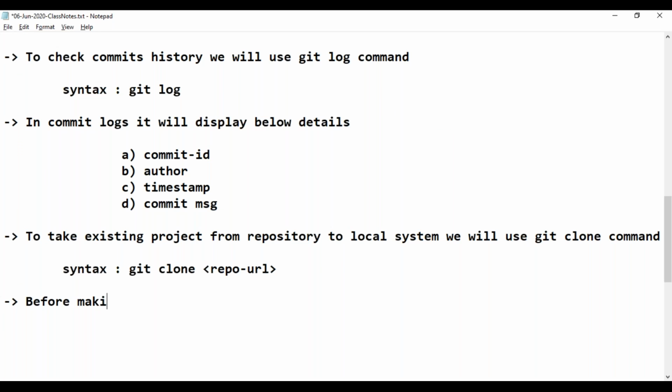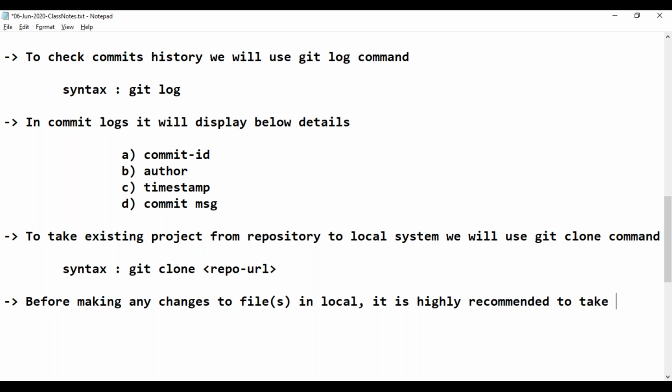Before making any changes to files in local, it is highly recommended to take the latest changes from the repository.